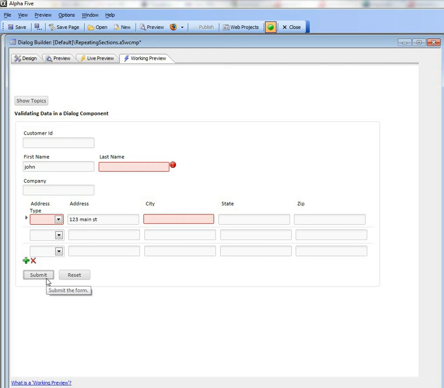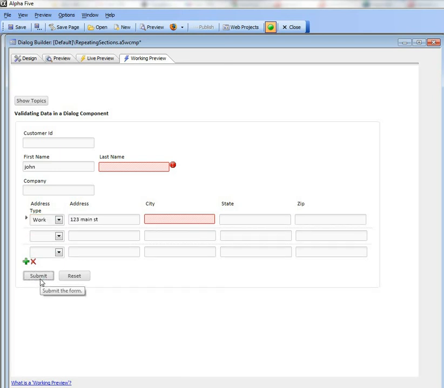So now what's happened is we validated this field even though it wasn't dirty. Then this row, the first row, was dirty because we made this change over there. Therefore the validation rule for this field kicked in, and you can see here that it says address type is required and city is required. So if I now say that that is work and then hit submit, that validation rule gets eliminated, but we're still left with that rule over there. And now if I say home and then hit the submit button, now I'm getting my validation rules for this field and this field because this row is dirty, but now